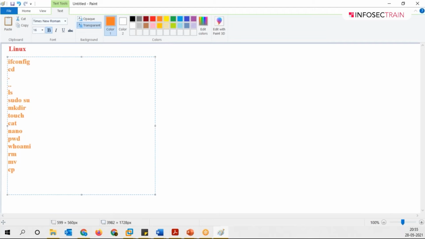That's absolutely fine. Perfect. So if we talk about ifconfig, guys, what does ifconfig do? It's like ipconfig in your Windows one, right? So it will be listing the interfaces, and moreover, just to give a broader idea, in short, we can say it will be giving you the IP, MAC, and all those statistics regarding your network device, correct? Perfect. Then we have cd. cd stands for change directory.